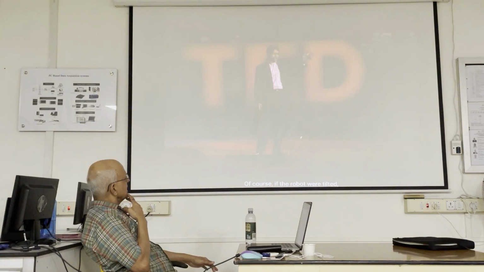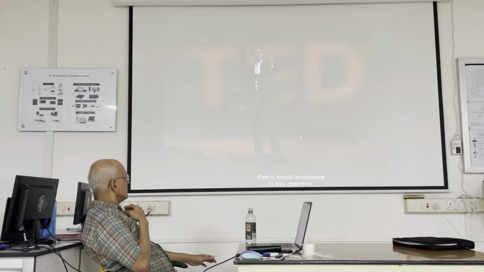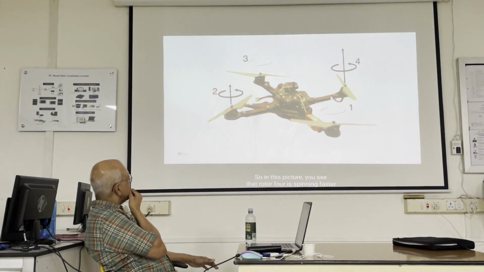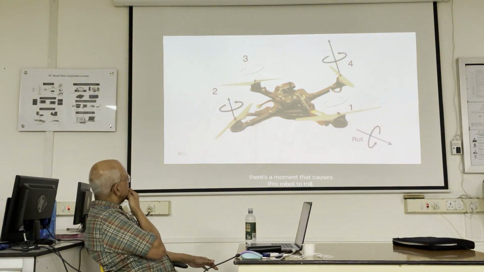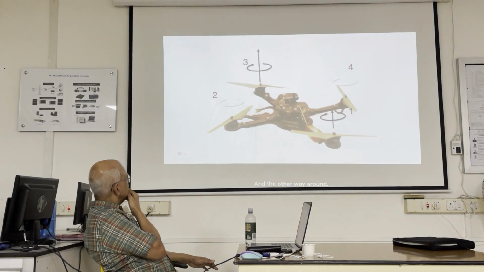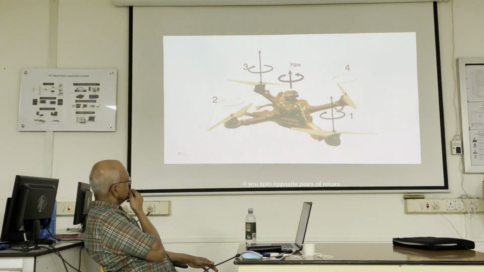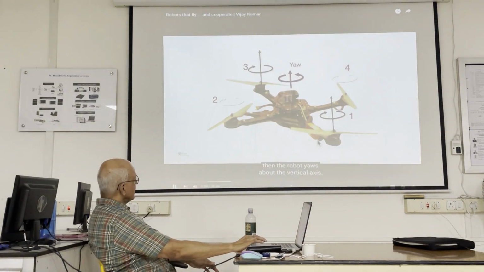Of course, if the robot were tilted, inclined to the horizontal, then it would accelerate in this direction. So to get it to tilt, there's one of 2 ways of doing it. So in this picture, you see that rotor 4 is spinning faster, and rotor 2 is spinning slower. And when that happens, there's a moment that causes this robot to roll. And the other way around, if you increase the speed of rotor 3 and decrease the speed of rotor 1, then the robot pitches forward. And then finally, if you spin opposite pairs of rotors faster than the other pair, then the